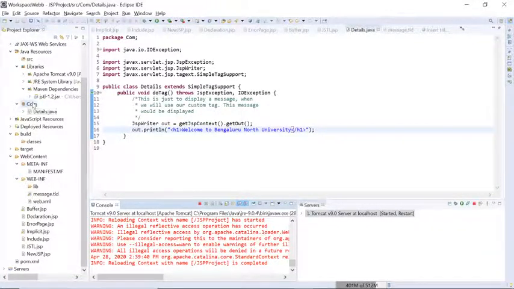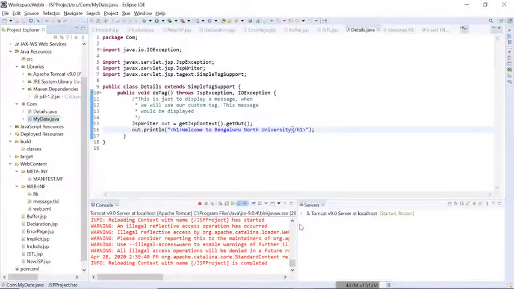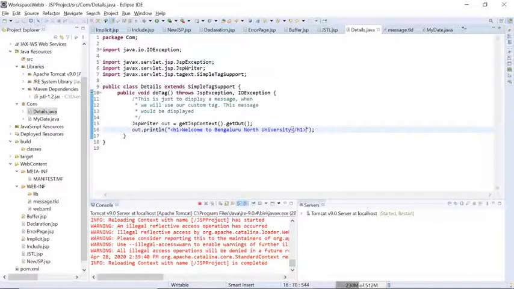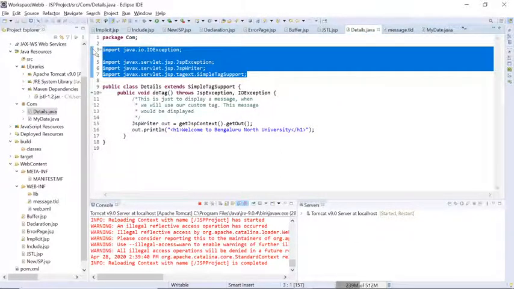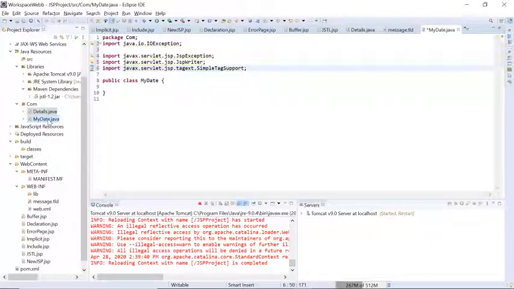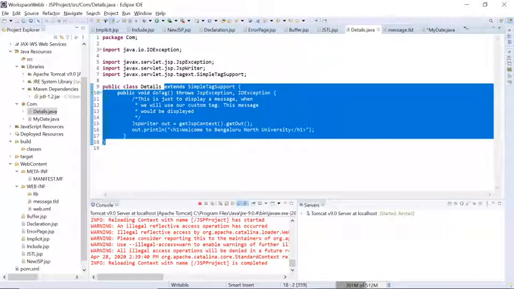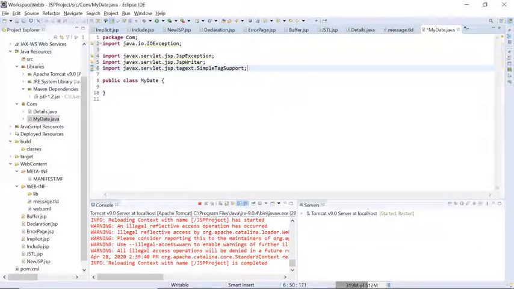Now we are going to create one new tag for the date. The class we are going to add is the date class, my date class, I don't want anything else. To save time, I will just import all these things, and after that I will copy and paste this to make it simpler.